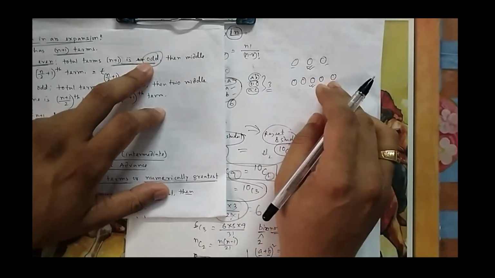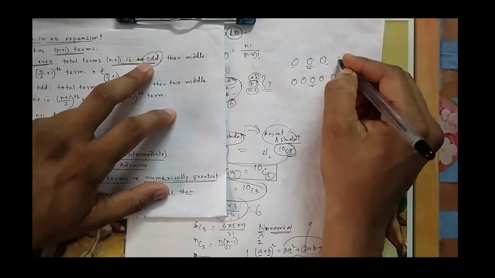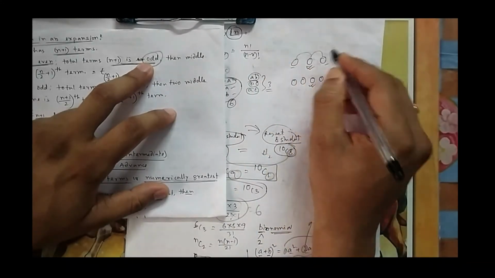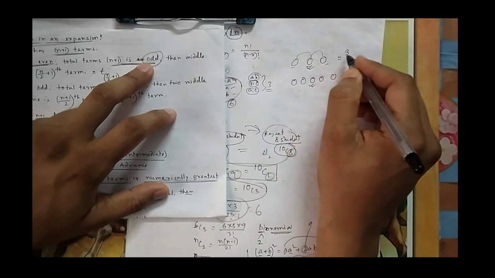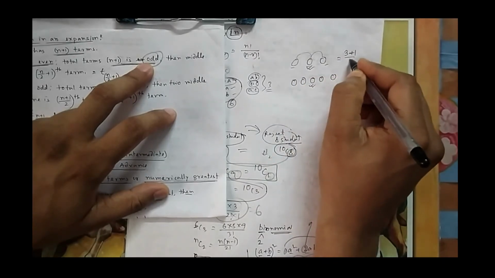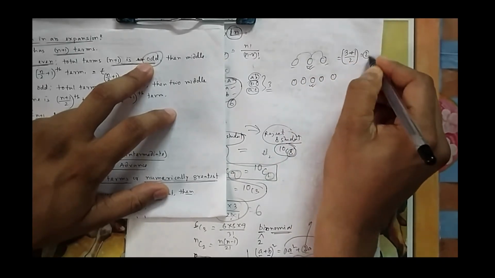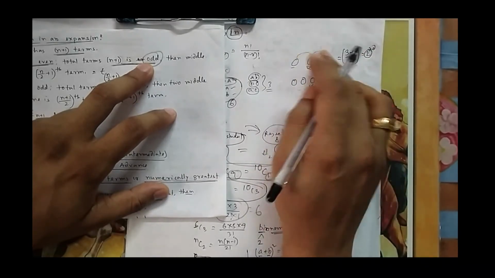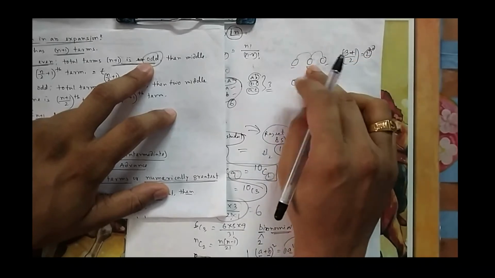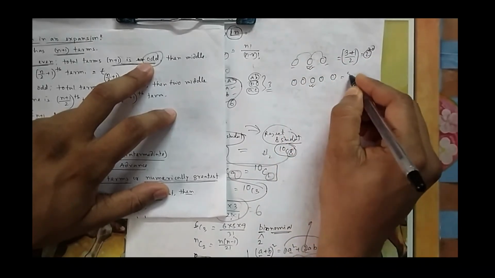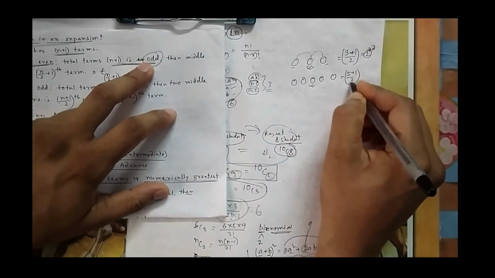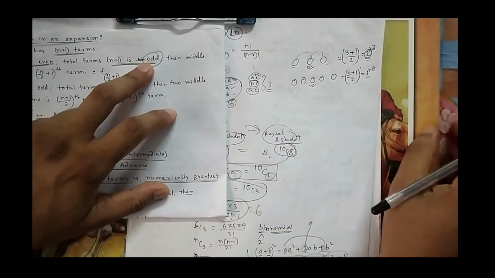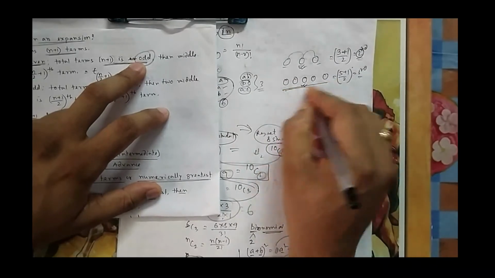Now if I want to write it as a formula, can you formulate it? Can you do some modeling so that you can directly give the answer? You can see what you are doing. The total number was 3. So what we are doing is 3 plus 1 divided by 2, because 2 is the answer we know. So how to get 2? You add 1, then you divide by 2, and you will get 2. Here also you add 1, it is 5, so 5 plus 1 by 2. This is the simplest model to get the middle term in the case of odd numbers.